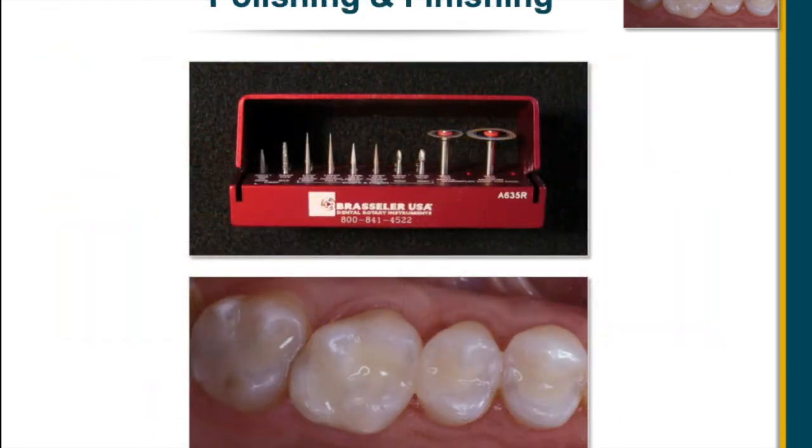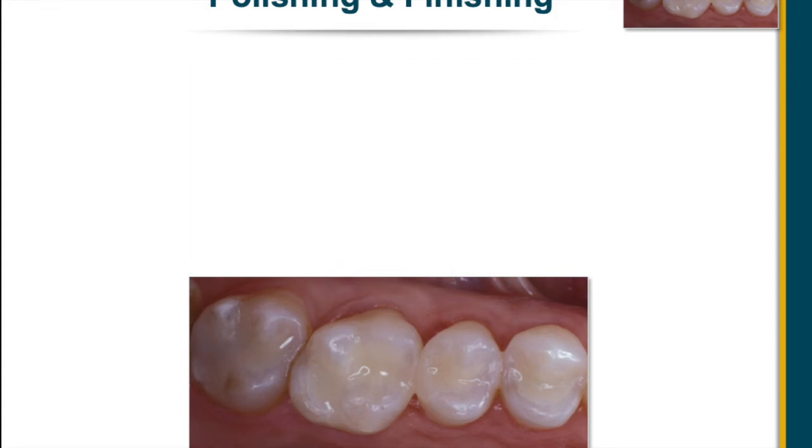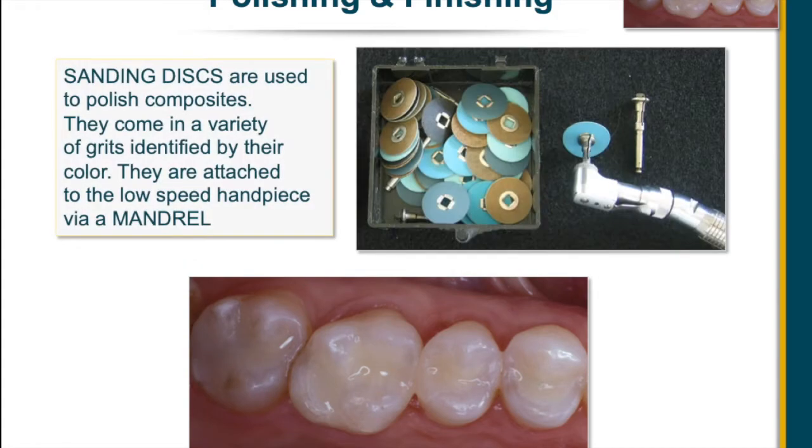Every dentist will have his or her own method of polishing and finishing the composite resin restoration materials. You'll just have to get familiar with the office that you work in, because there's many different types and methods. Sanding discs are very common,